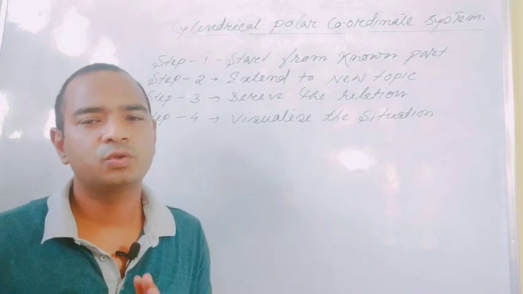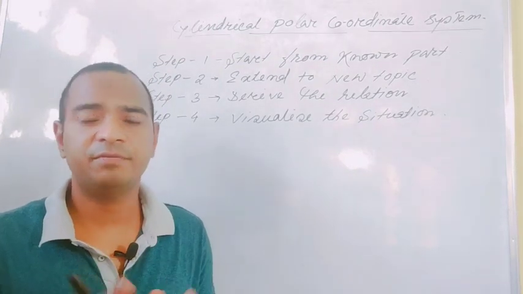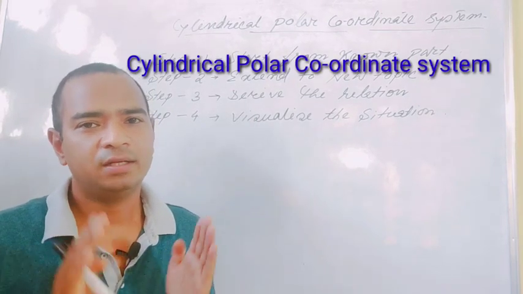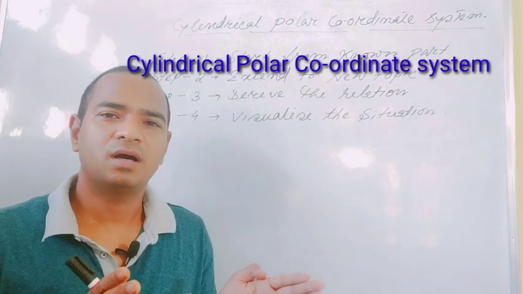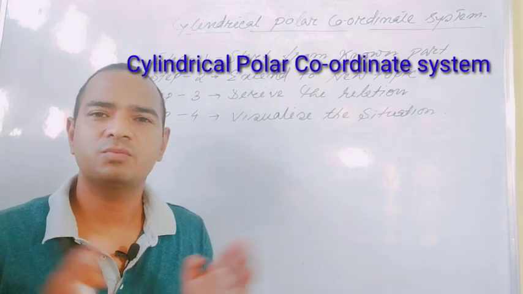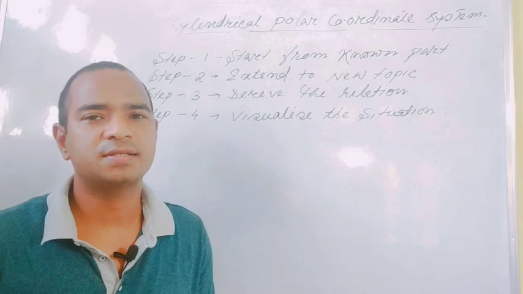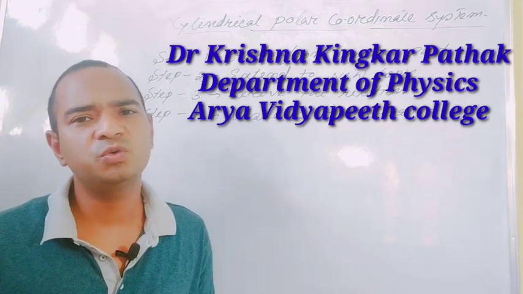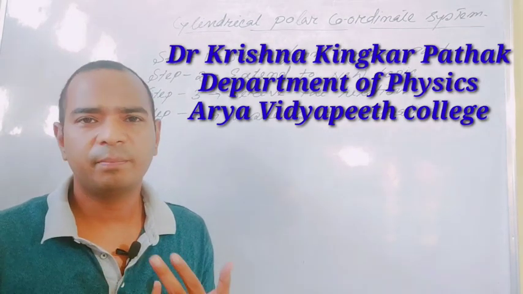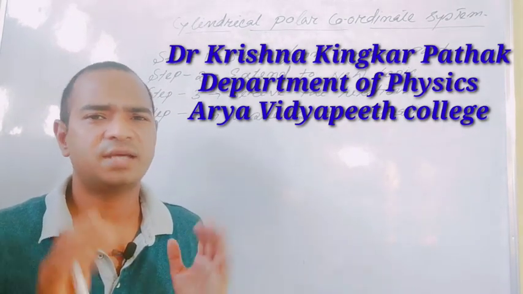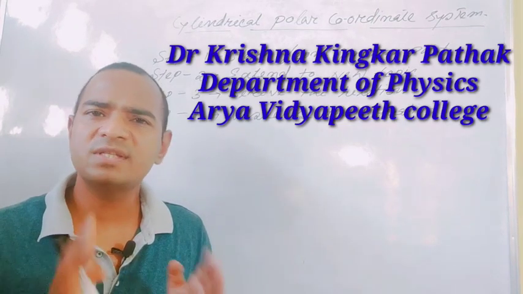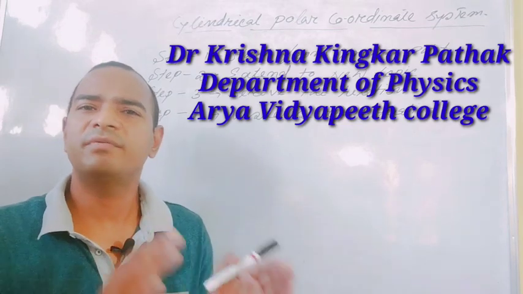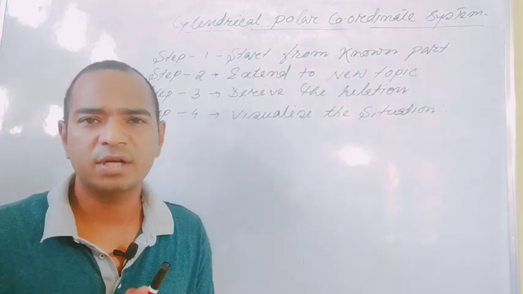Hi student, today I am again with a mathematical physics related topic that is called the cylindrical polar coordinate system. This topic is related to mathematics as well as physics, both these sciences. In physics, the cylindrical polar coordinate system is widely used in astronomy, quantum mechanics, electrodynamics, thermodynamics, etc. And regarding the course syllabus in CBCS and non-CBCS, this part is given in connection with the curvilinear coordinate system.